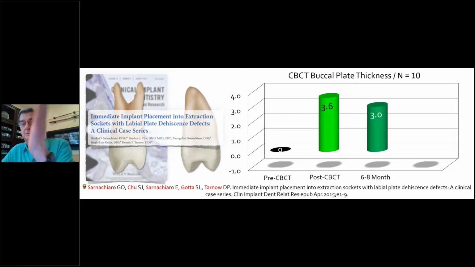Then at 6 months, we took another CAT scan and we realized we only lost about 0.6 of a millimeter, about half a millimeter. So we had 3 millimeters of what appeared to be buccal plate, really graft combined with new bone. And when we sound it, it feels like bone. This is 6 months later. And so we gained 3 millimeters of new buccal bone. That's particularly in bicuspids, that's pretty easy.